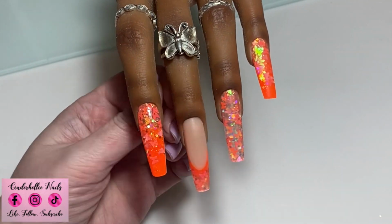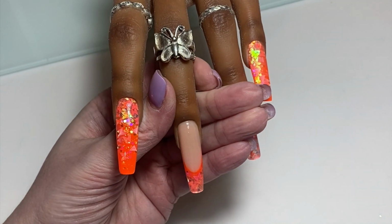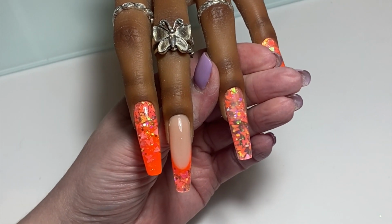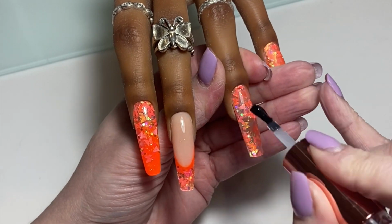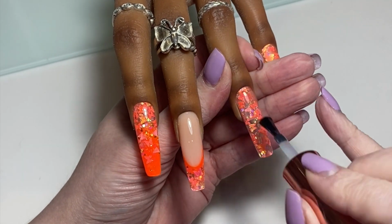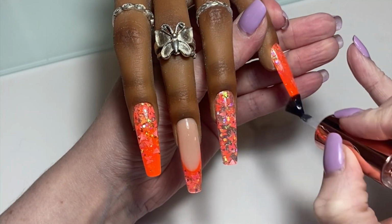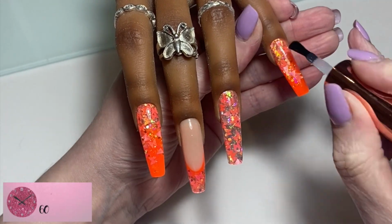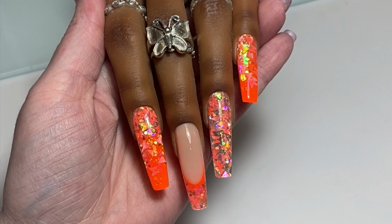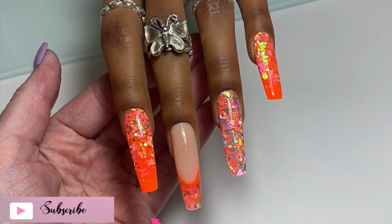Now, I think I left these nails a little bit too smooth. I probably over buffed them. I always buff slightly to get rid of some of the scratch marks from filing, but I over buffed because this top coat wasn't adhering as well to the nail as it normally does. So that was my mistake. I don't know, I think I'm just getting carried away. So I did end up having to apply a second coat of top coat. No, I didn't. I wiped off before I popped in the lamp. I roughed it up slightly and applied a second coat. So I did apply a second coat, I just removed the first. So yeah, you don't want it to be too smooth a surface because there's nothing for the top coat to adhere to. And we're going in the lamp for a 60-second cure,